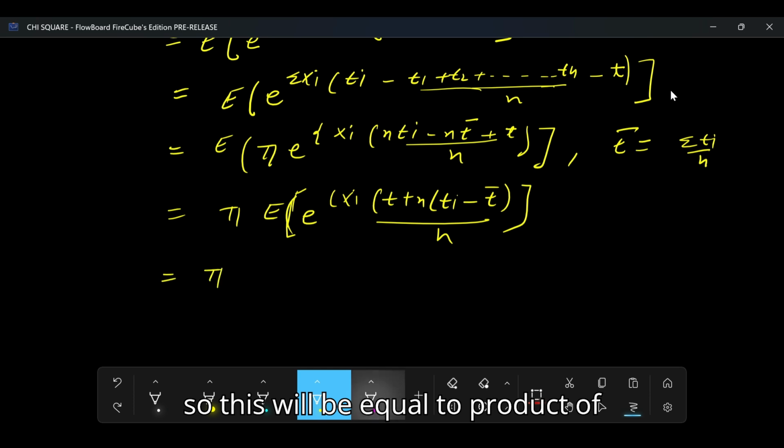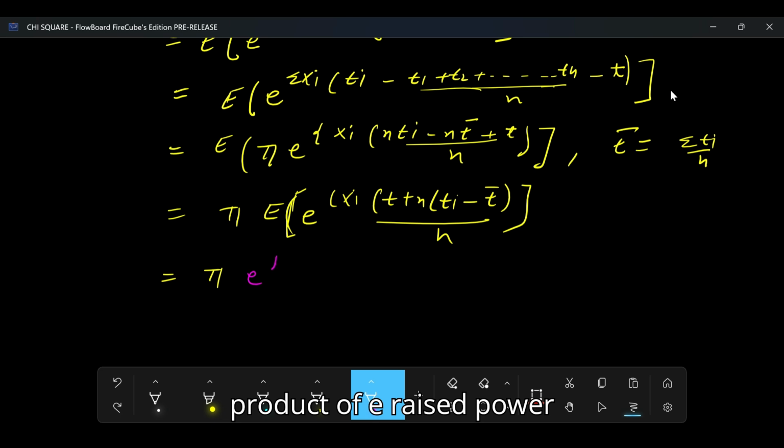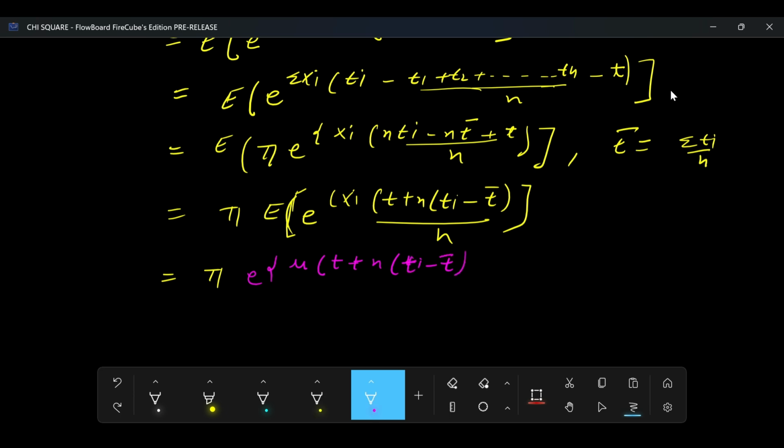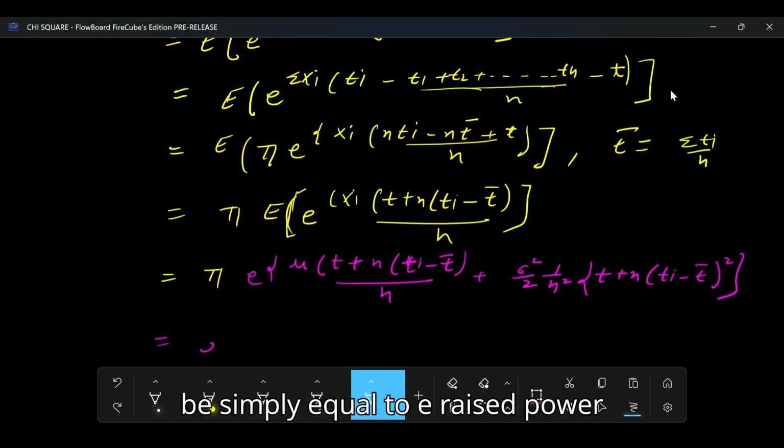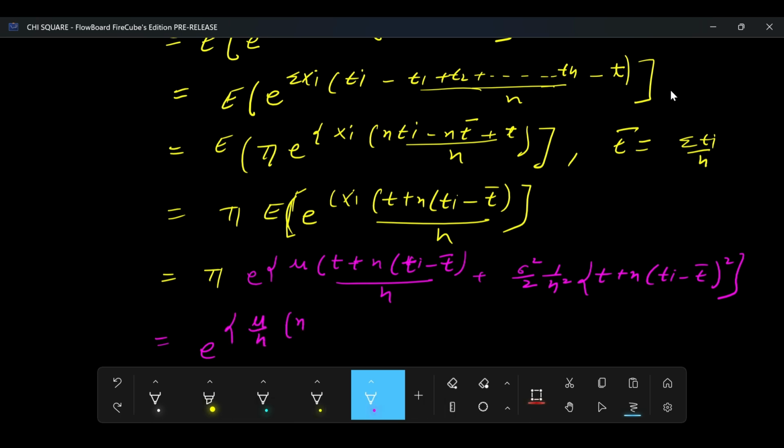So this will be equal to product of e raised to the power mu times (t plus n(ti minus t bar)) divided by n plus sigma square upon 2 times 1 upon n square times (t plus n(ti minus t bar)) whole square, and this will be simply equal to e raised to the power mu upon n times (nt plus n summation (ti minus t bar)) plus sigma square upon 2n square times summation of (t plus n(ti minus t bar)) square,